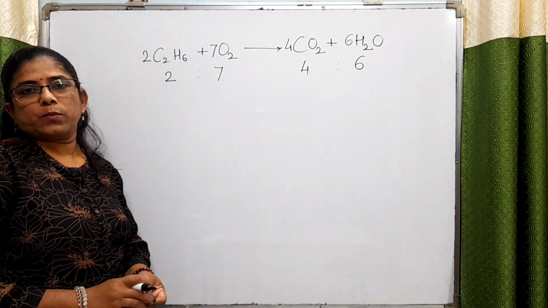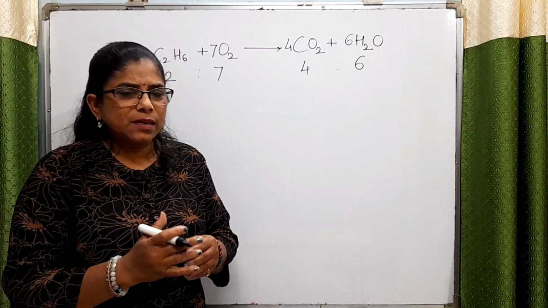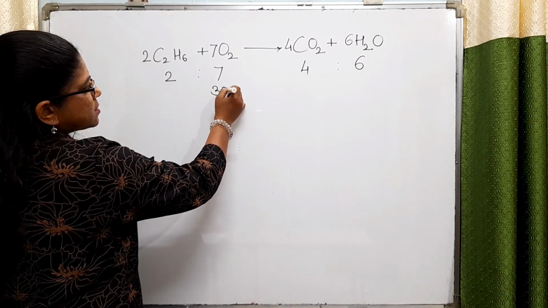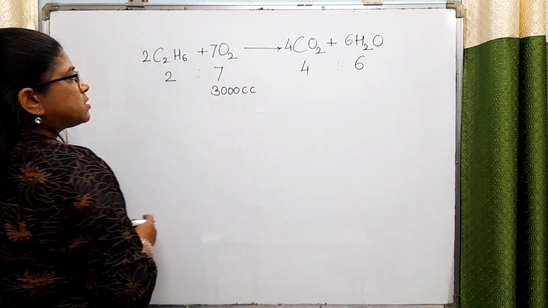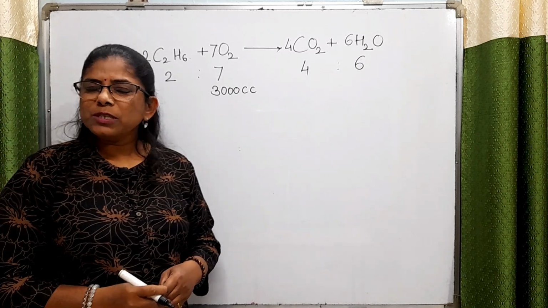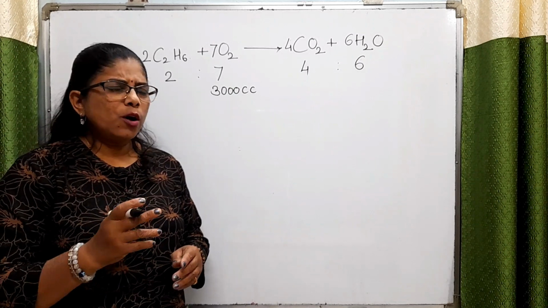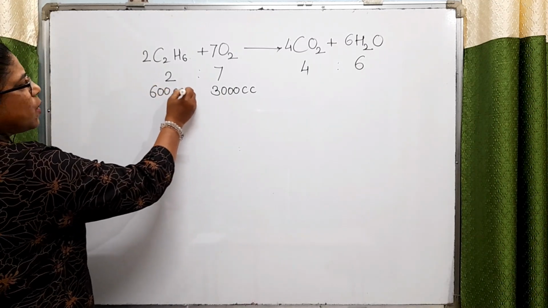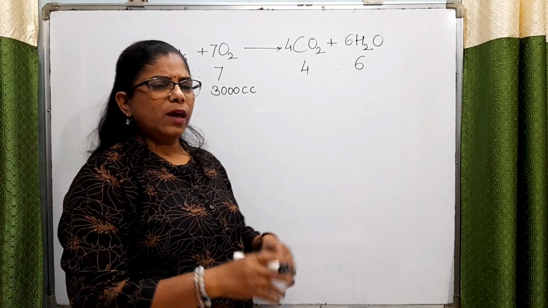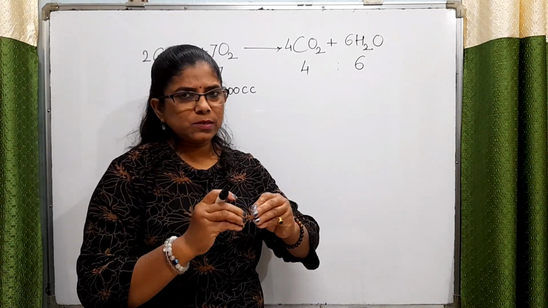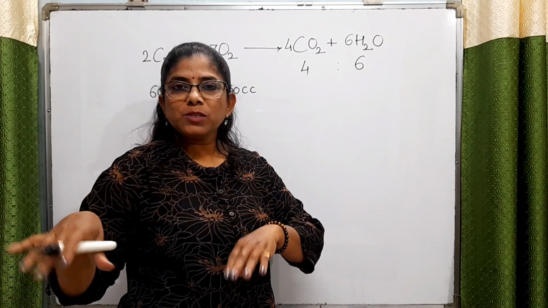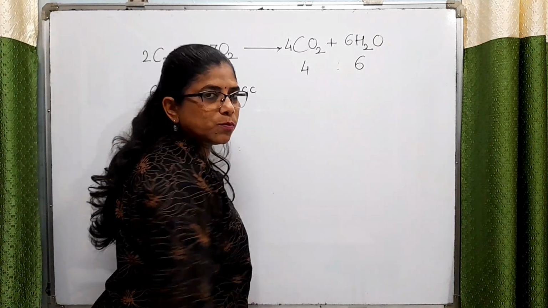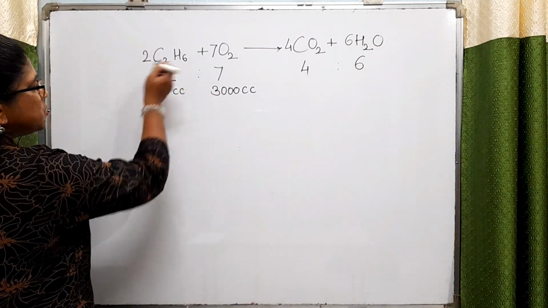Now here what they say is that 3000 cc of oxygen is given, and how much oxygen is required for combustion of 600 cc of ethane. We have 3000 cc, we have to find how much oxygen is going to be utilized and how much oxygen is going to be left unused. They are not asking us the volumes of the products. So now here